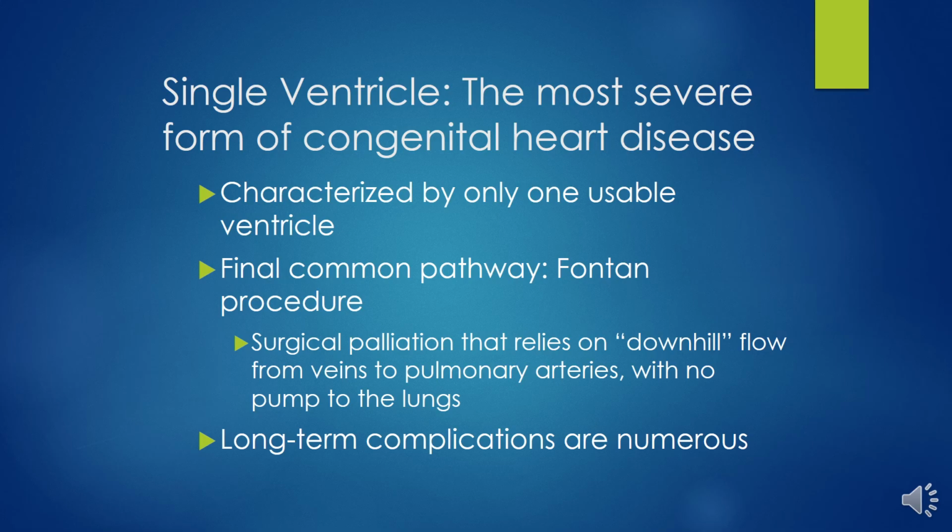Initially, there were different classification systems used to describe which lesions counted as a single ventricle. However, in 2000, the Society of Thoracic Surgeons International Congenital Heart Surgery Nomenclature and Database Project created universal guidelines of what lesions would be included as functionally univentricular hearts, and these lesions include